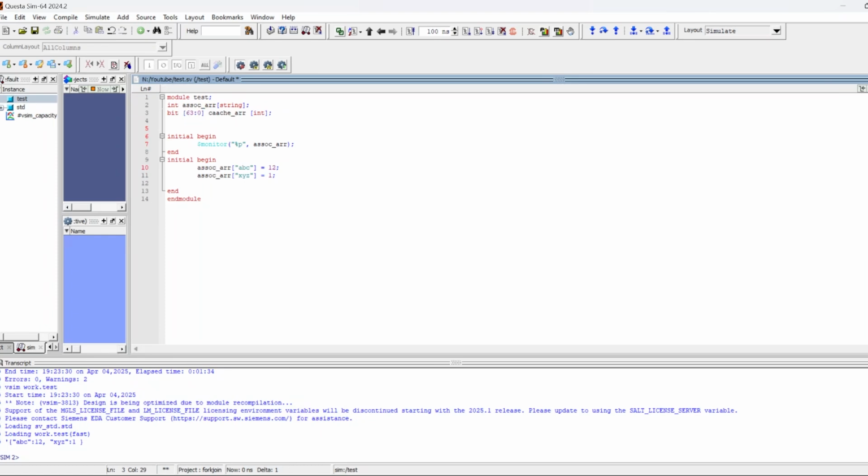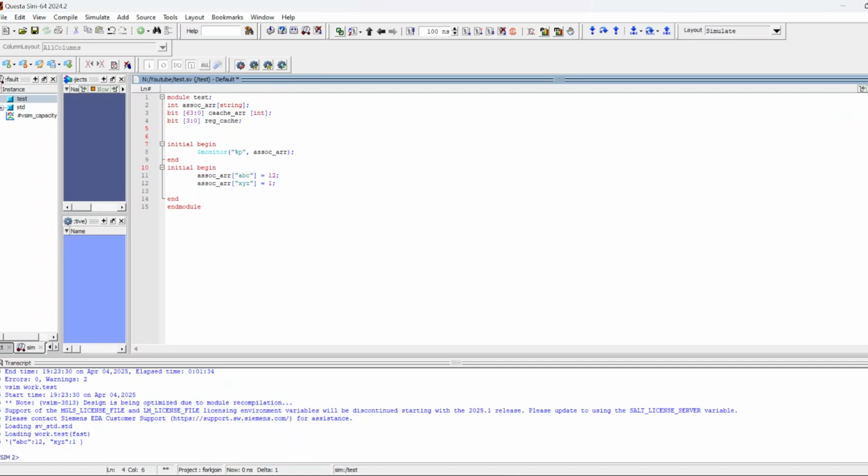If we had used a regular array like this, it would become very inefficient, because suppose we are only utilizing, let's say,